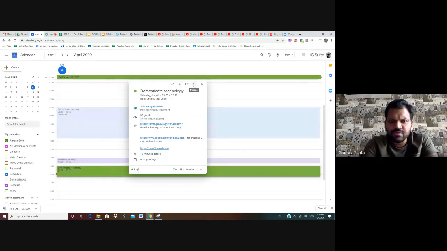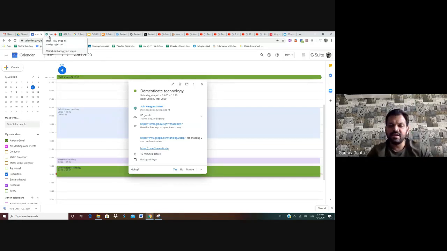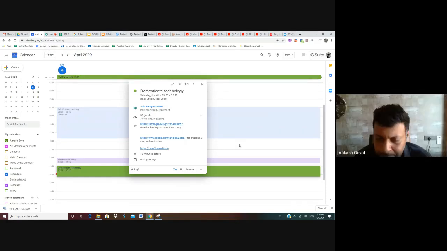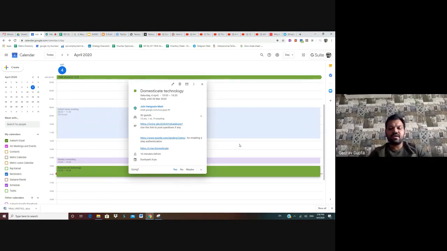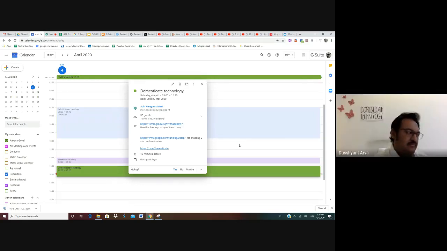Did you have a question in this? Yeah. If you have made an event and you have added guests and you have sent the event to everybody, so it's in their calendar, right? And now if you want to edit anything in that, does it automatically get edited in everybody's calendar, or do you need to send an email or invite or calendar again?